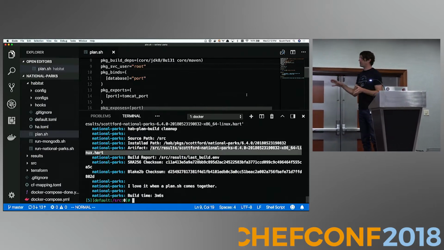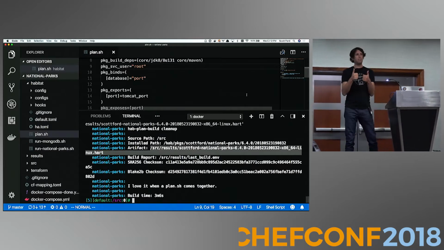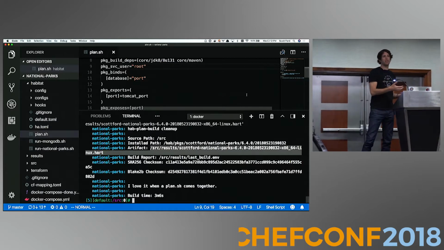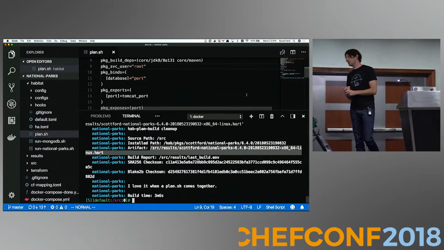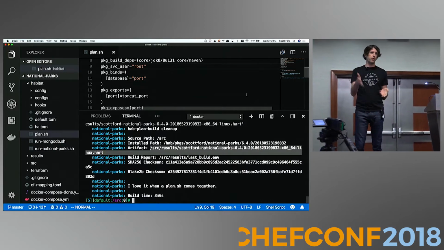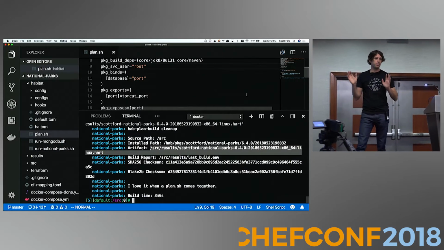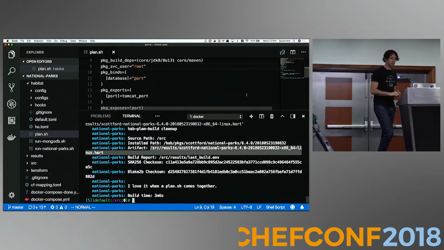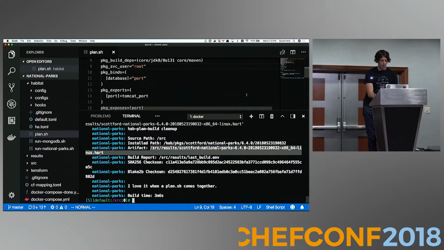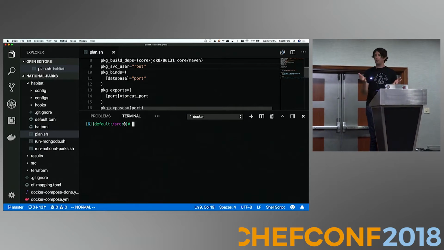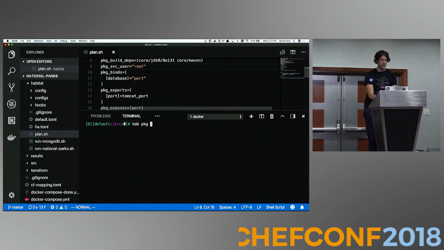Now, the artifacts that we build can be pushed up to a depot. We have a public Habitat depot, but as we announced today on the main stage, you can also get private depots for on-prem. And you can stand them up and have them totally isolated from the outside world. So I'm going to show you that inside my studio, I don't have to be inside the studio, but I can query the depot for packages. hab pkg search, if I spell it right,